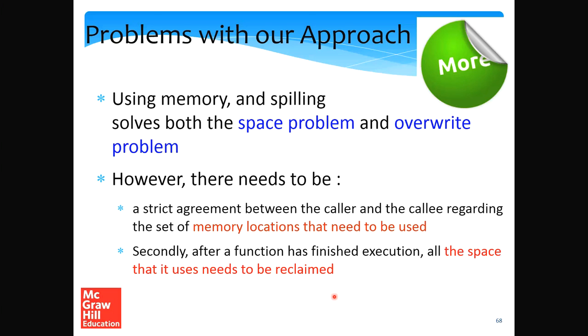So what are we doing? Our solutions are like this: we are essentially using memory and spilling, which also uses memory, to solve both the space problem as well as the overwrite problem. However, using this memory based approach for both has issues. So let me just at this point slightly recapitulate what these problems are. The space problem basically says that we run out of registers while passing arguments. For example, let's say a function takes 100 arguments. We don't typically write such functions,